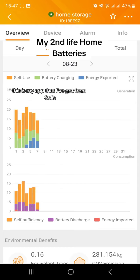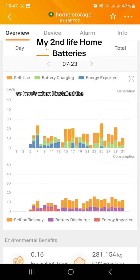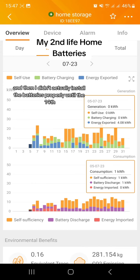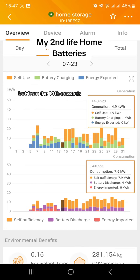So this is my app that I've got from Solace, which is the make of the inverter that I've got, and it provides data. So here's when I installed the batteries back in July, around July 5th was the day it went in, and then I didn't actually install the batteries properly until the 14th. But from the 14th onwards, looking at the bottom graph here, you can see red is the energy imported, and